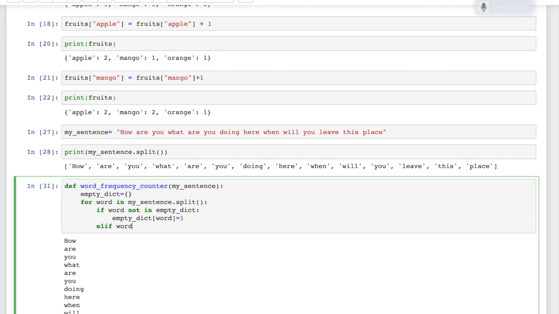Else, if word in empty dict, empty dict word equal to, what I will write, word plus 1.